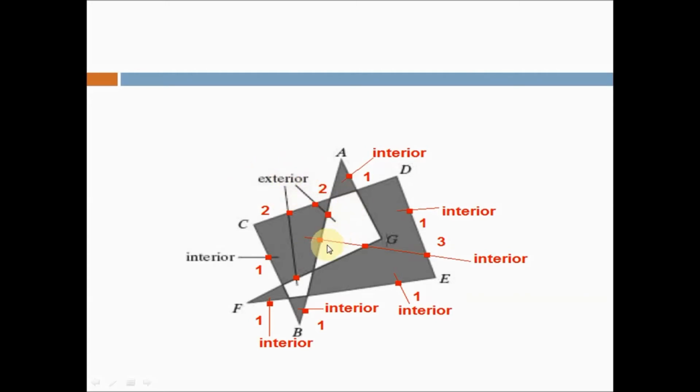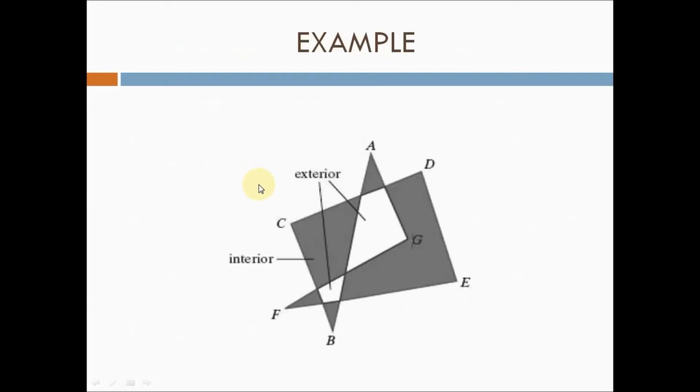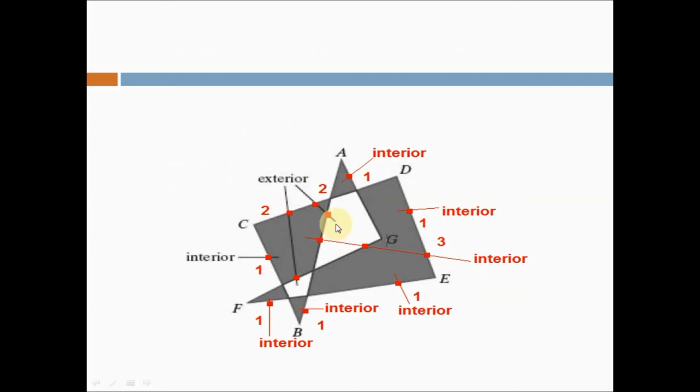The area of the polygon that is in the white color, see, the white color regions are exterior regions. Now you can ask a question, how? So what is the first step for the polygon? The first step is to draw a line that is going to be extended outside the polygon. See, I am drawing the line here.